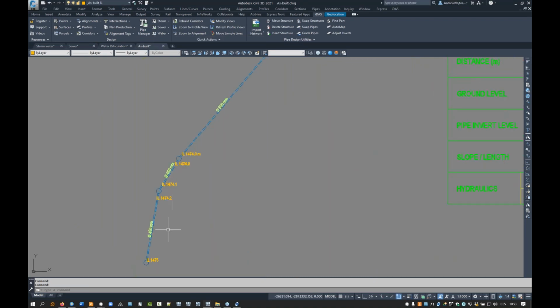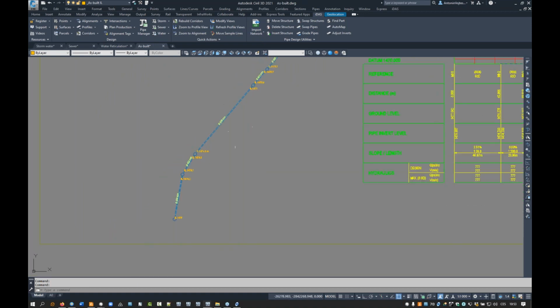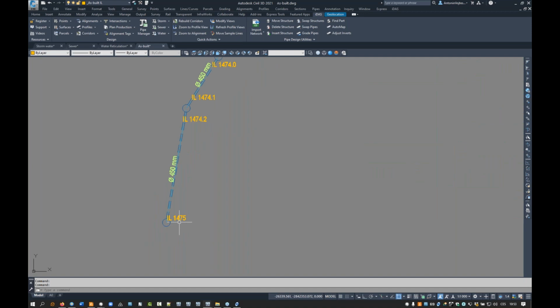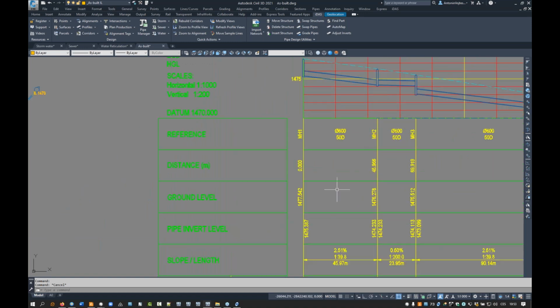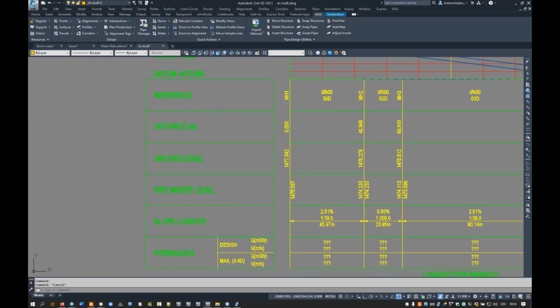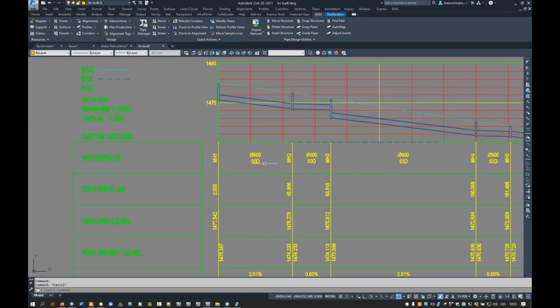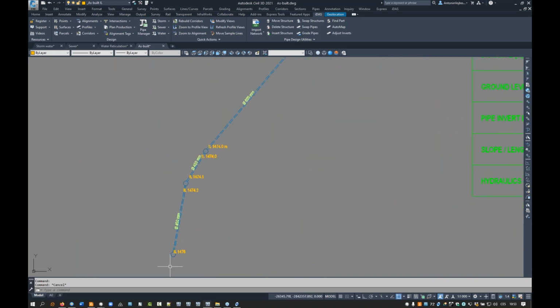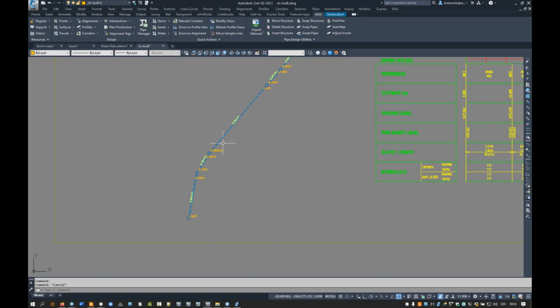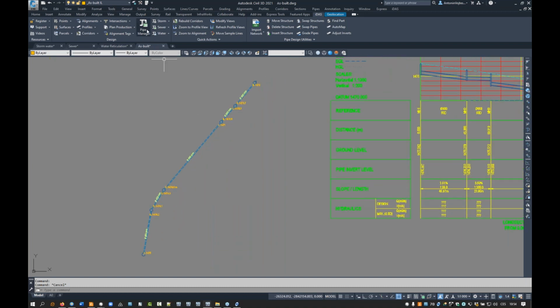Let me explain the situation. So this is the existing pipeline or as-built pipeline. I have invert elevations from the surveyor here, and I have pipe diameters from the surveyor. If you look here, all the invert levels have odd numbers, and all the pipes are 600 millimeters. But I want to assign elevations from these text values. So let me open Pipe Manager,